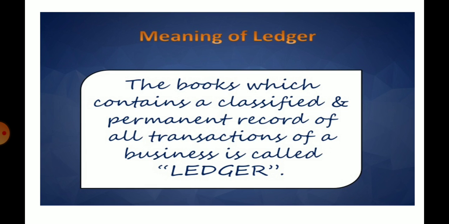What is the meaning of ledger? The book which contains a classified and permanent record of all the transactions of a business is called ledger. That book which contains all the records, that means the records related to all the accounts, is called ledger. In this we prepare a separate account for each and every account, that is nominal or real or personal, that will be prepared in ledger. Okay,